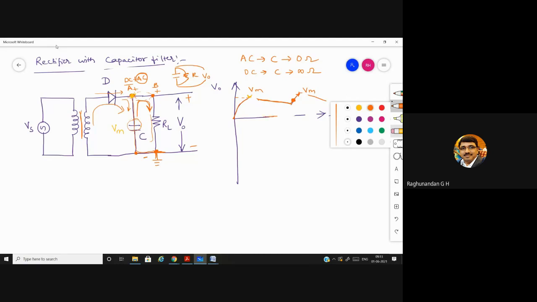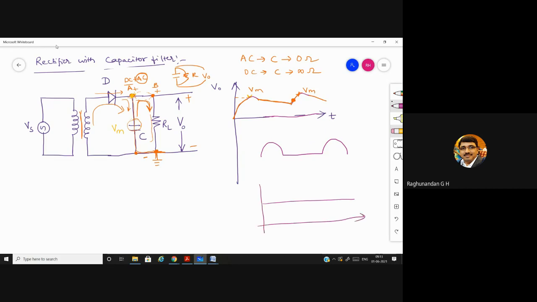so you might have already heard about cathode ray oscilloscope, CRO. It is a display device where we can see these waveforms and all. So if you are going to connect that cathode ray oscilloscope across this capacitor, we will be able to see this wave. Compared to this one, and this one, so this is A, B, C.